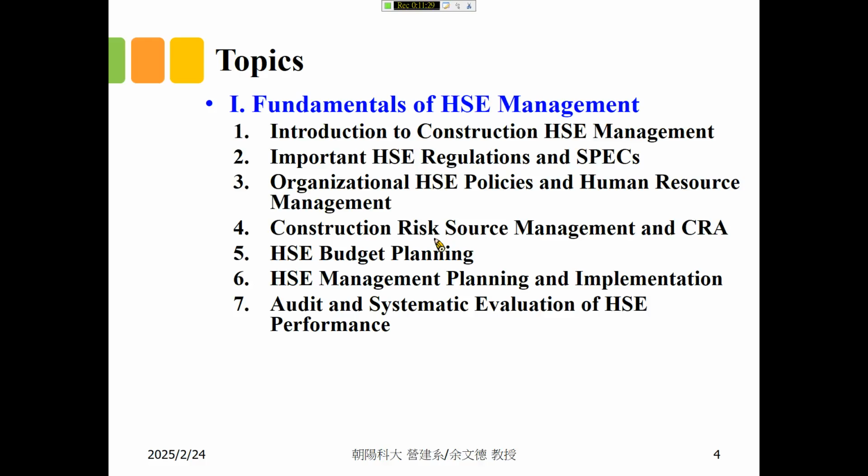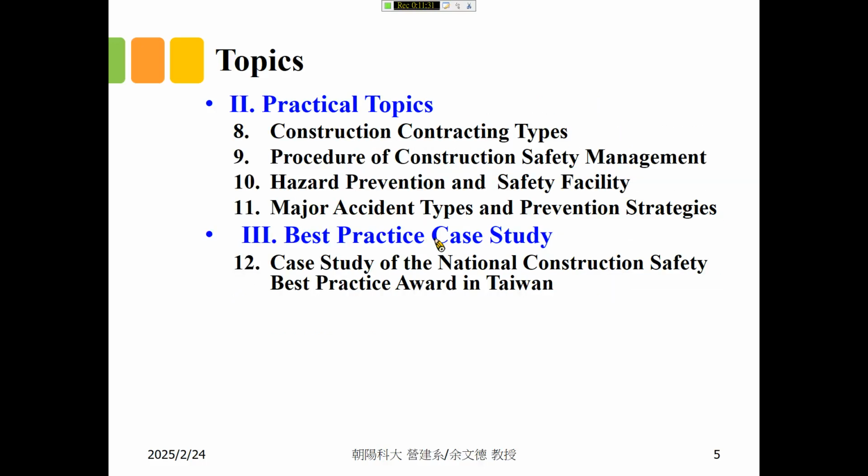And the things you are going to do for internship, I think next year, right? So what you need to know are some practical knowledge you will use on the construction site. These are also important practical topics you need to know.